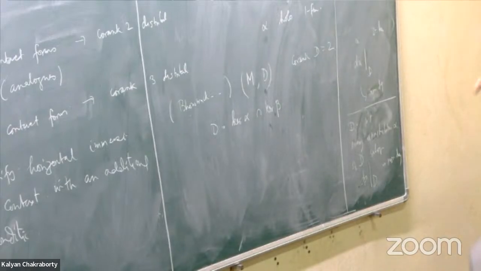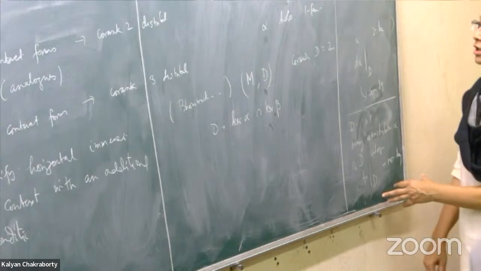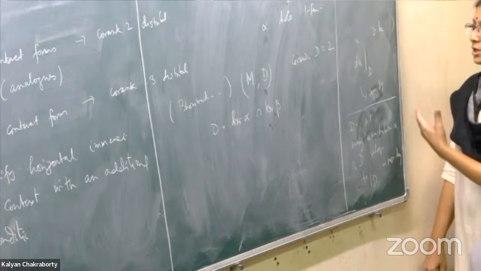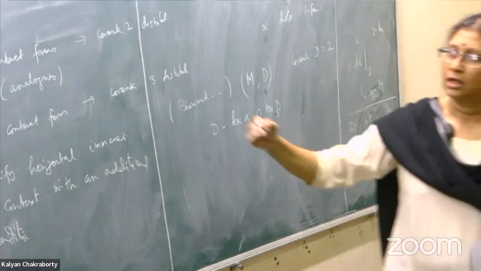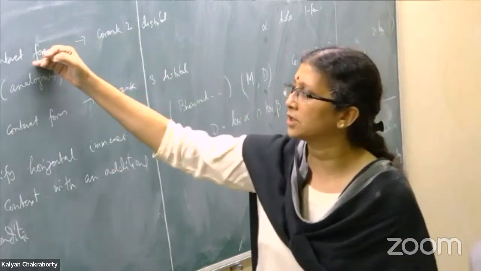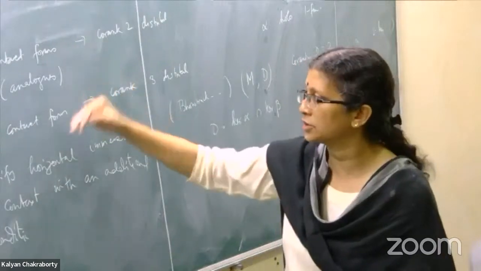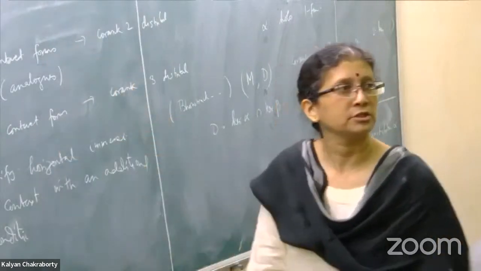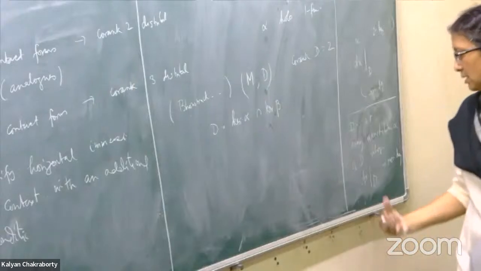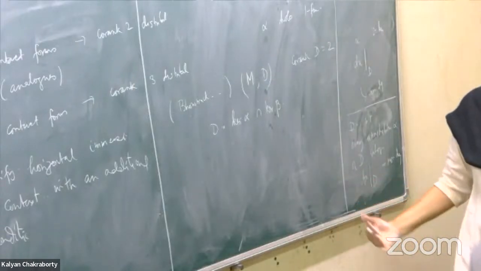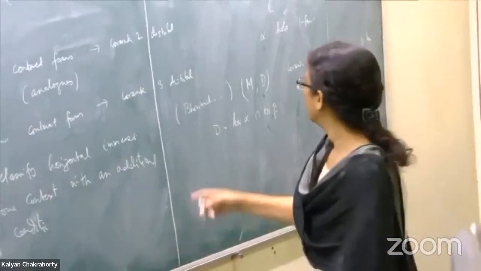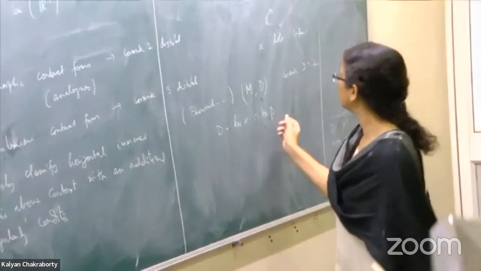This class of distributions is sometimes called fat distributions, sometimes called strongly bracket generating distributions. Now contact distributions, holomorphic contact distributions, and their analogs, quaternionic contact distributions, they all satisfy this fatness condition. And in that case, many nice things happen. So using that, we could prove that